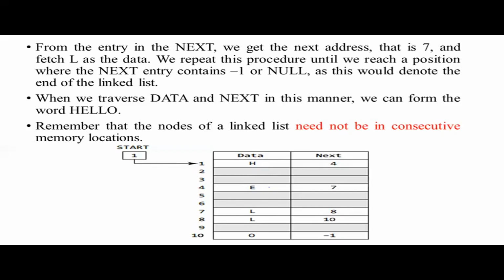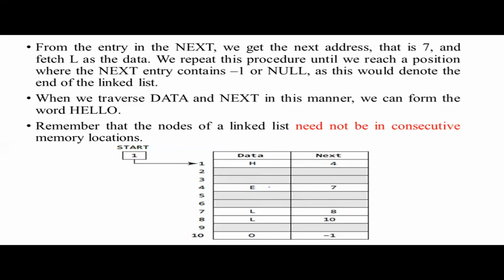So this is the difference between array implementation and linked list implementation. In array implementation, the data H and E must be stored in consecutive locations. But in a linked list, you can store the data in any available random location. So after H, E is stored in the fourth location. So the next part of the first node contains the address 4. So my second data is E.